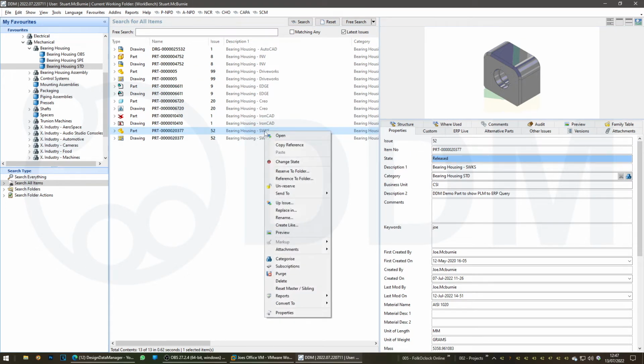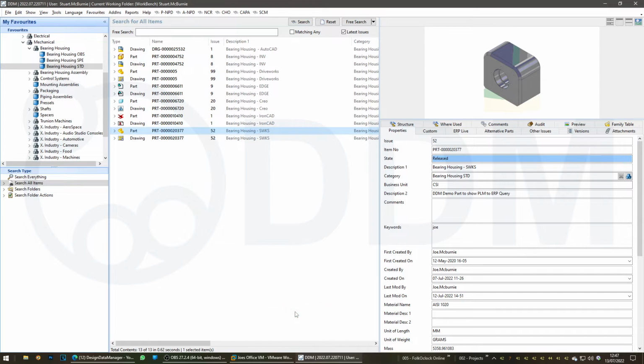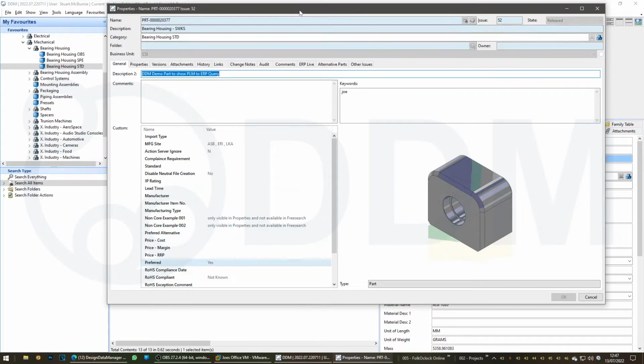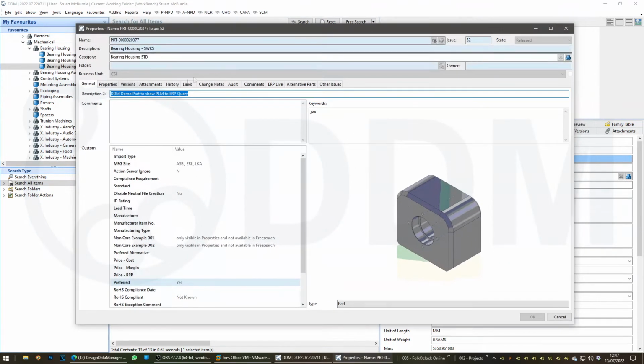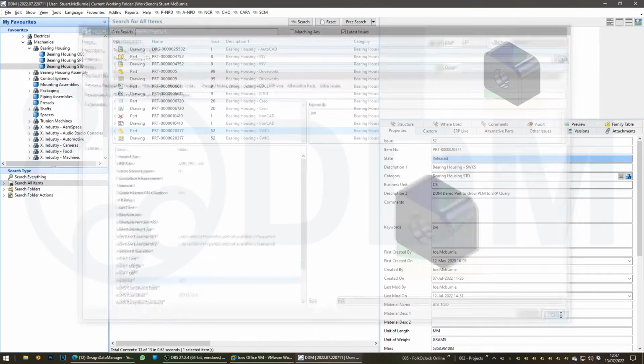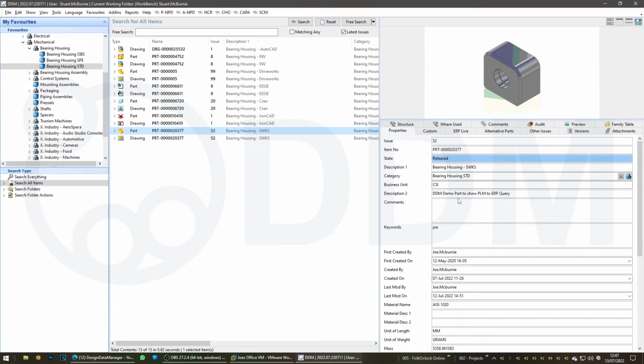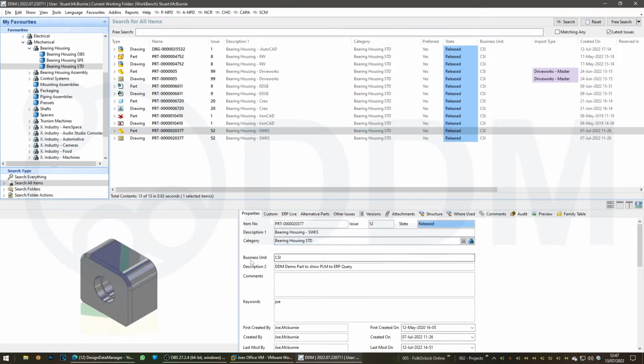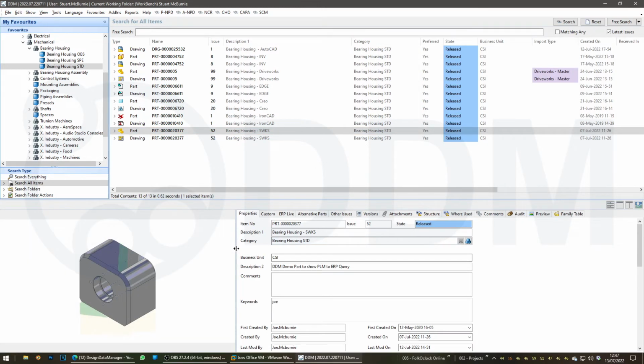Previously in DDM, you would have to open the properties dialog to get access to all of this information. So all of these tabs are now included in the new enhanced preview pane. There are a couple of extra tabs here that I've added as custom tabs, but essentially all of the previous tabs are included. My preference is I typically show this in the horizontal plane like this,